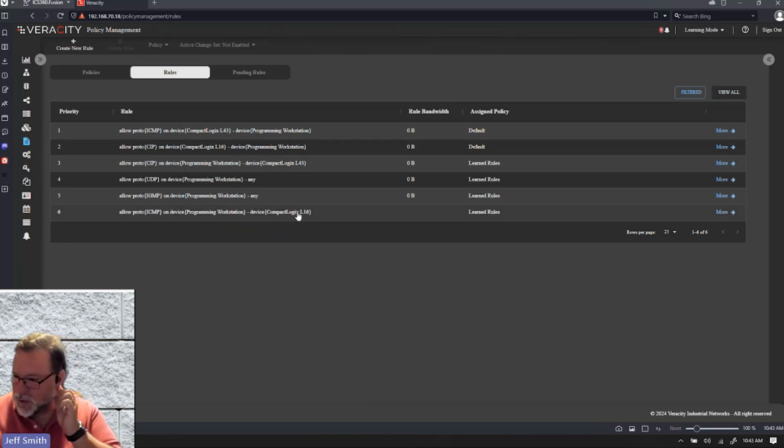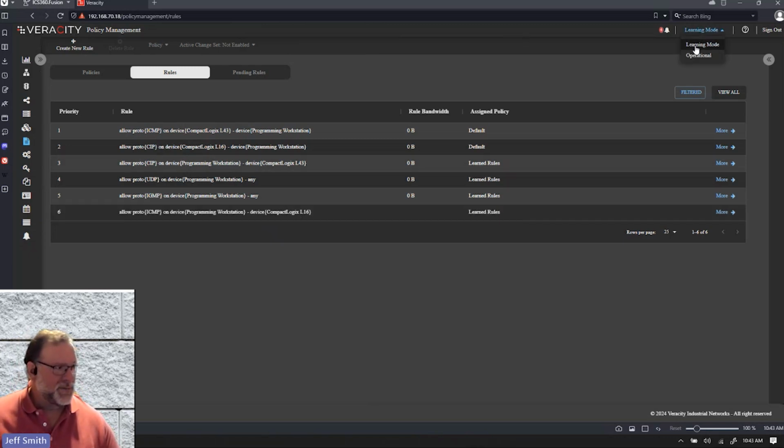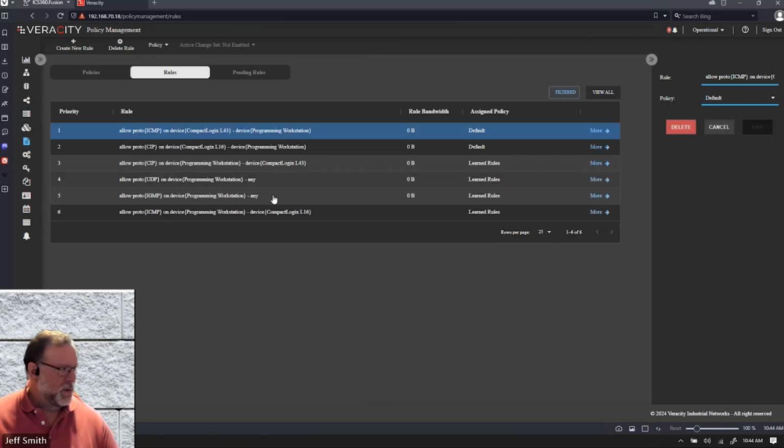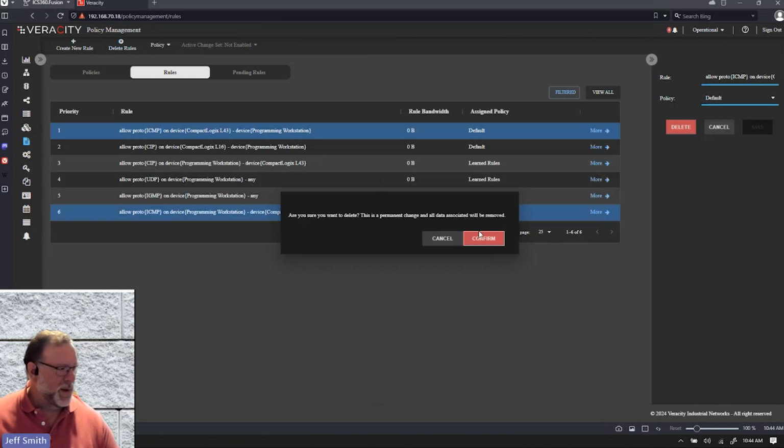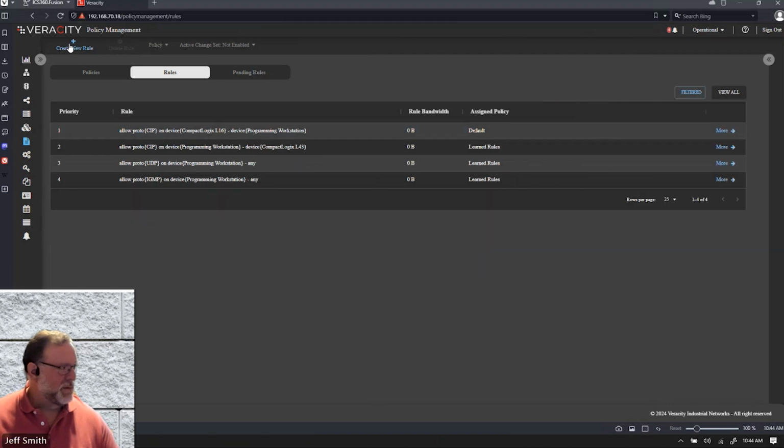Now, earlier I mentioned you can be very generic with policies. So in this case, I've got policy that says, allow ICMP, which is ping, from the programming workstation to the CompactLogix. I have another one up here that says allow ping from this CompactLogix to this programming workstation. Well, I could just create a single policy myself, right?